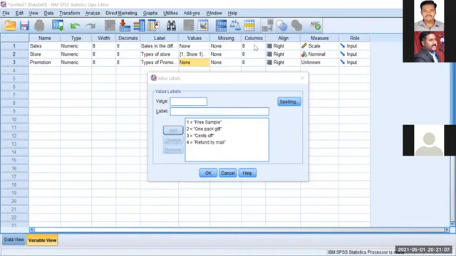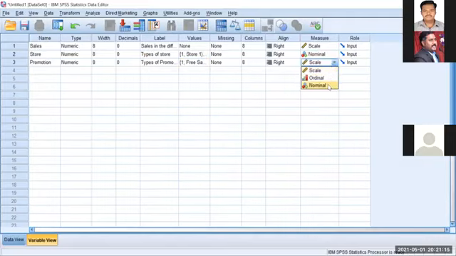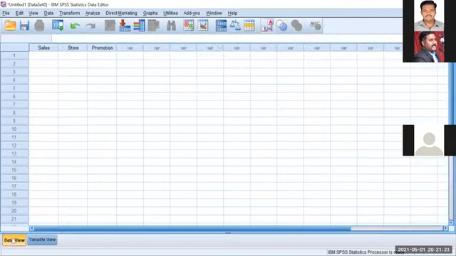Okay, it is not in all the situations. Okay, fine. So I have given these 4 promotional types. Now we have entered the data, right? So now the data is entered. Go to the data view, and I already told you before entering the data, ensure that this value labels icon should be disabled. So take this out.